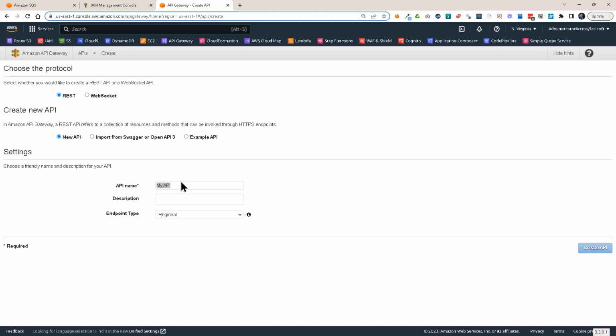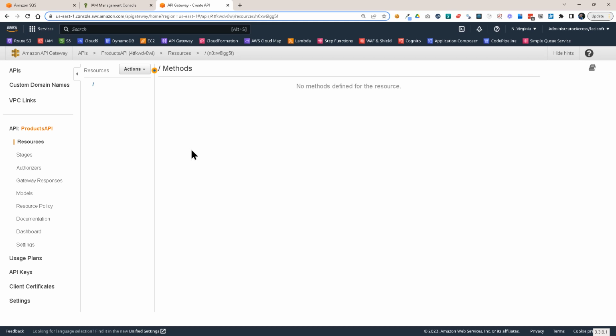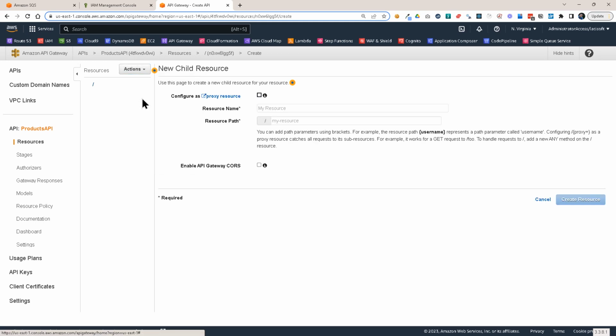And let's suppose this is our web shop, and I'm going to call this products API, for example. Click on create API. And now we're going to need to create some resources. So here, create a resource. And I'm going to call this SQS enqueuer, for example, and then create resource,